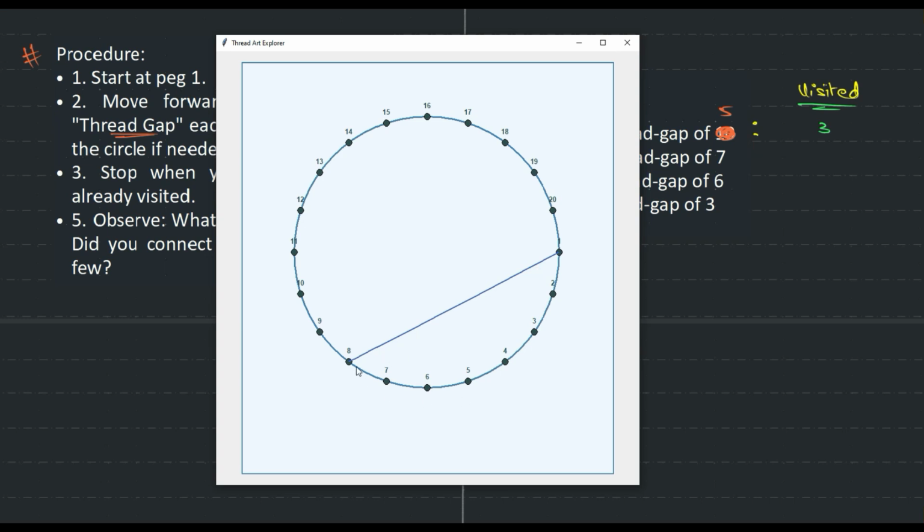From 8, it will go to 15. And then plus 7. So that will be 21, but 20, oh wait, plus 7 will be 22. So 1, 2, 3, 4, 5, 6, 7. So 2, basically it ended up at 2. Plus 7, so that will end up at 9, and so on and so forth. So you have to keep counting 1, 2, 3, 4, 5, 6, 7. So 10. If not, you can just add,